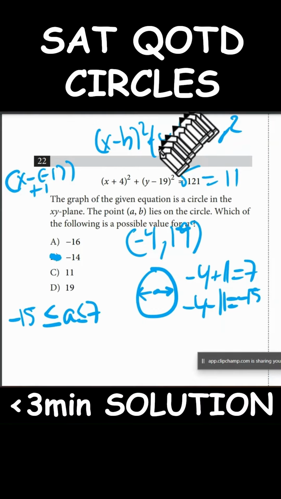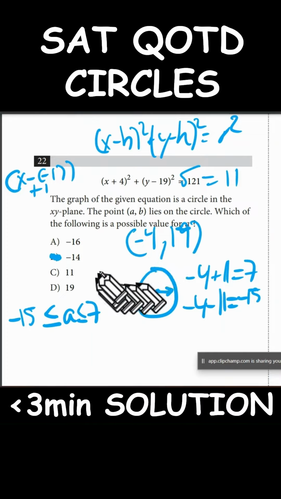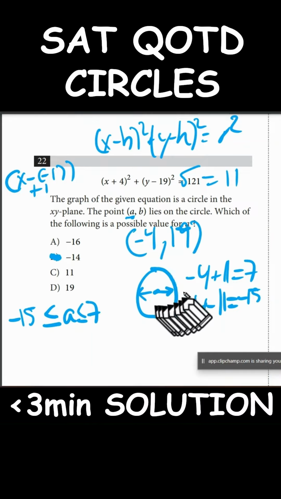So again, for this one, all we had to do was figure out the center, and then from the center, we only cared about the x value, right? Because A is the x value, and we just wanted to see which x values from the options given to us would be a valid x value that lies within the bounds of this circle. Okay,